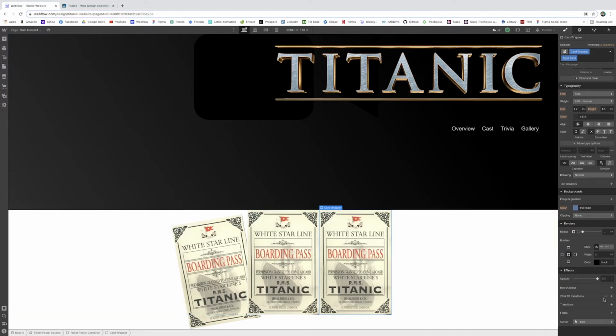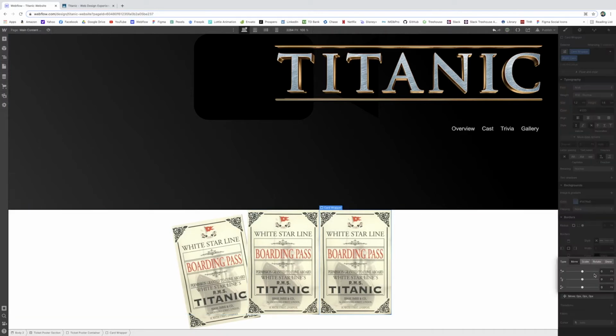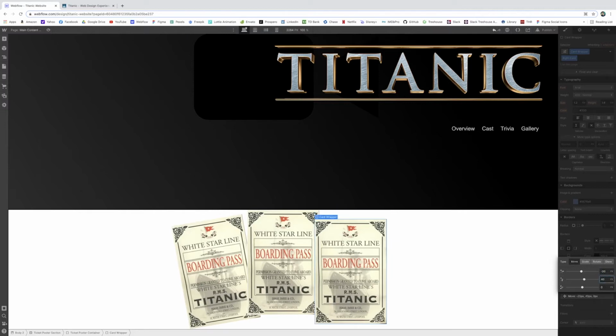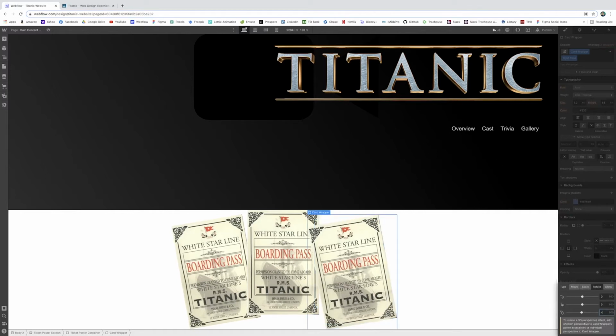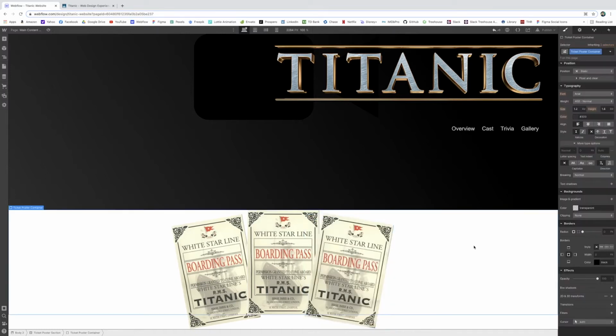We can go down to transforms. So we're going to add a move property of -20 on the x-axis and then 40 on the y-axis, so it goes downwards. Great, and then we're going to add another transform that affects the rotation, and it'll just be +10 on the z-axis. Great, so now they're all angled out appropriately, but you see how this one's overlapping a little